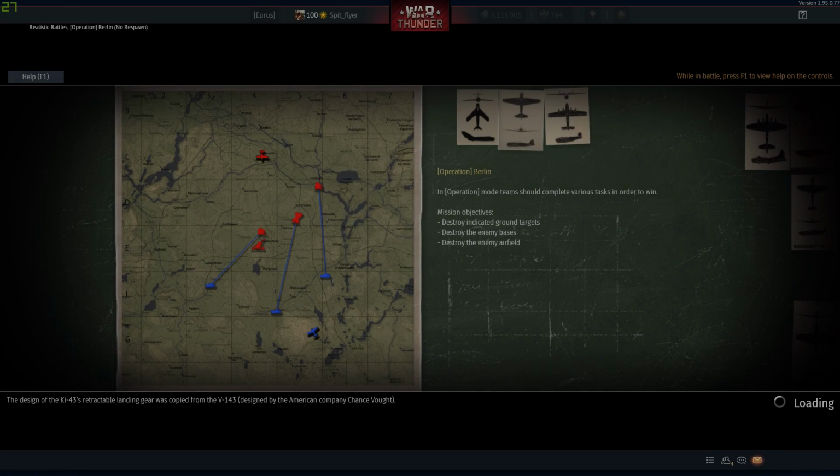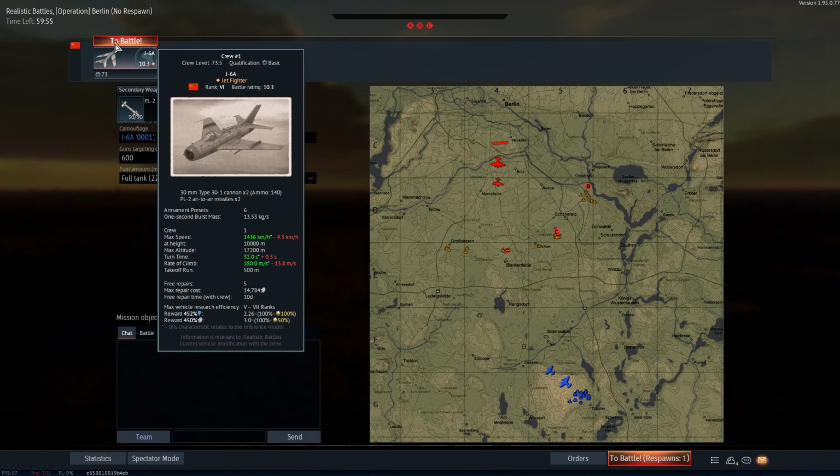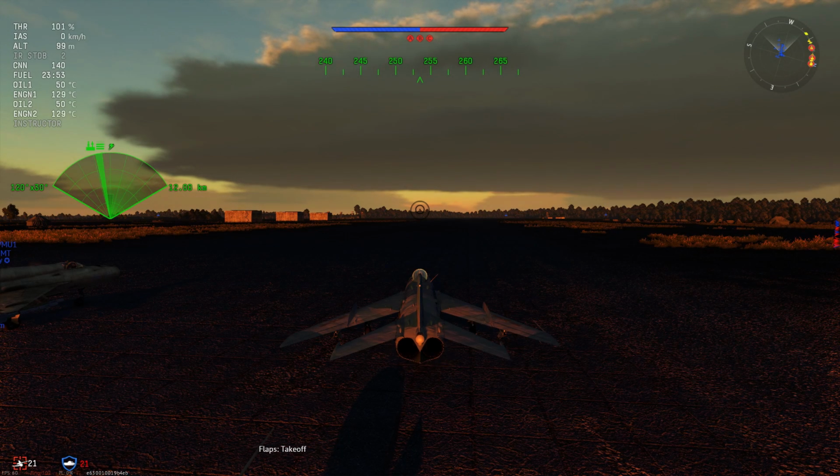Today, we're going to be asking the question of the MiG-19. What is the question of the MiG-19, do you ask? Well, that question is: is it obsolete in War Thunder? Obviously, it's obsolete in real life because we wouldn't be running MiG-19s, and we aren't. Well, the J6A in this case, or the Chinese copy of the MiG-19P,